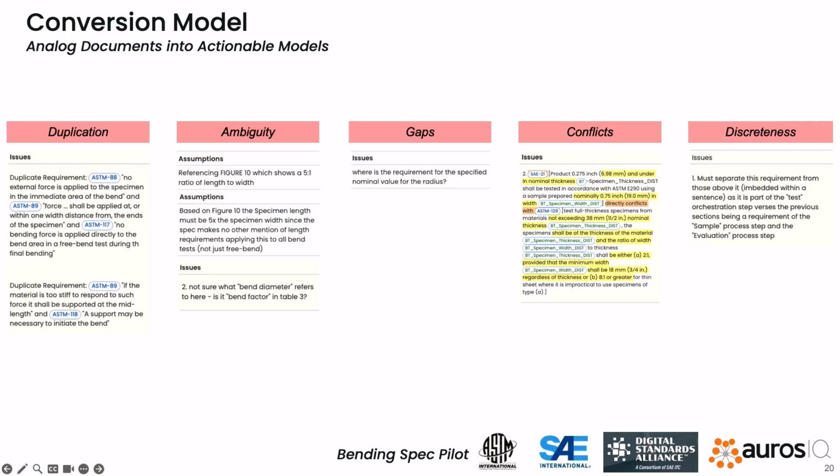So we found multiple examples of duplication in this specification that we did. It was a bending test with ASTM. They had the same requirement called out 5 times. 5 times they called out the same requirement. And it was phrased completely differently in completely different parts of the document. And it became really obvious when you're building the model and you're like, hey, it's exactly the same model I'm building over and over again, right? And the system can automatically pick that up and go, hey, you just did exactly the same thing over and over again.